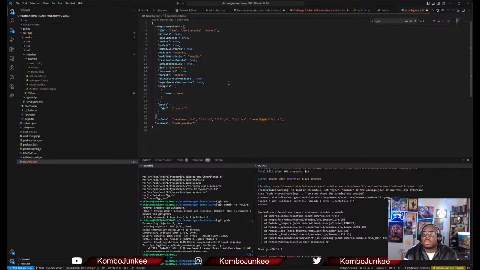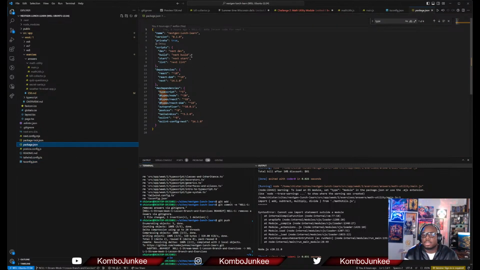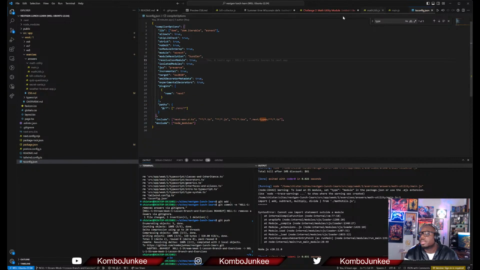Oh, I'm in the wrong file. That needs to go in package.json. I don't know if I want to do that. I think it goes here. I don't know if that's going to blow anything else up. I'll have to test that. Oh no, not this file.